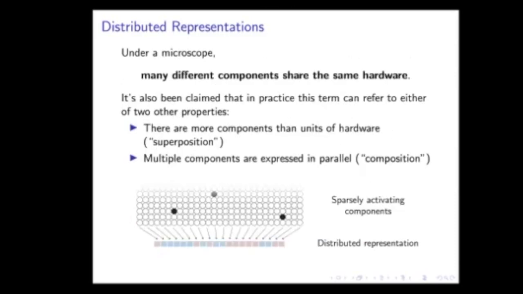For example, nowadays, when you look in the literature, at Chris Olah's blog posts, you see what people think distributed representation means nowadays. There are kind of two effects that people have been noticing. One is that sometimes you have systems where there are more components than units of hardware, or more components than concepts. And this is old hat. When I write an integer down using a place value system, I can write exponentially many more integers than I have bits to store the integer with.